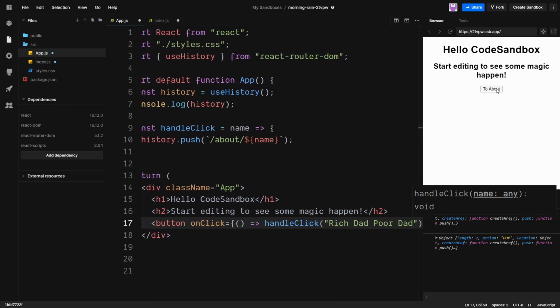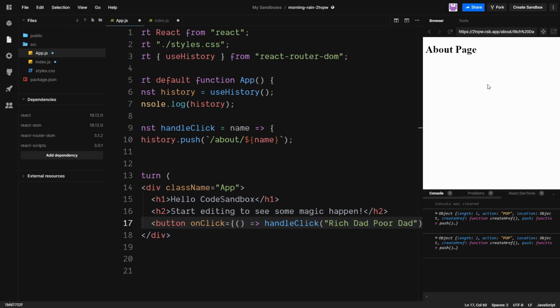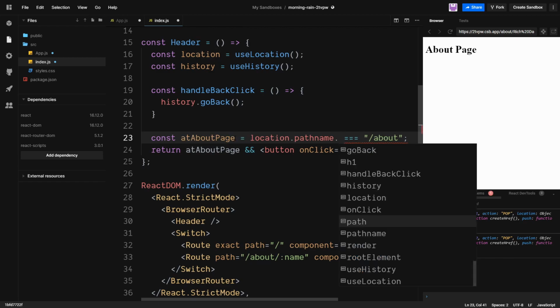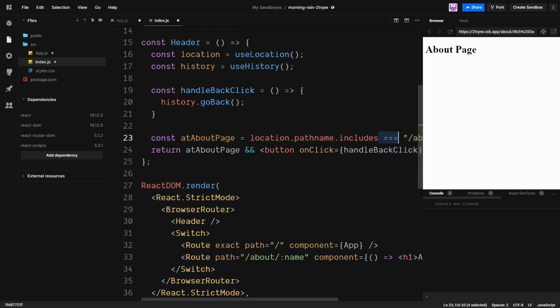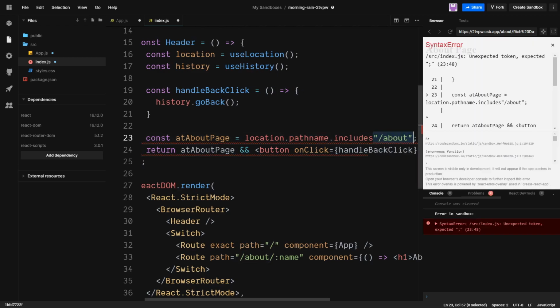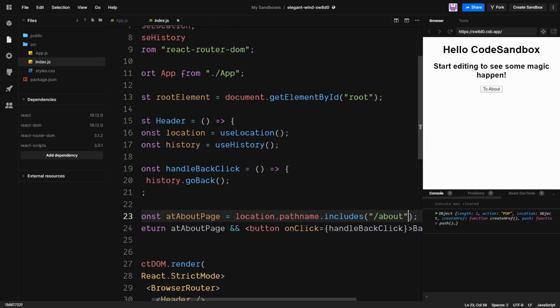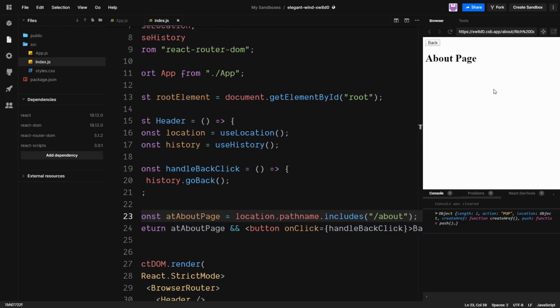We can see right away that affected our button to go back, because now the route is not just /about. We can fix that by going back to the header and changing the about page definition to be location.pathname.includes about. And we have our button back. So now what? We click the About page and we see that the URL includes the Rich Dad Poor Dad name. Let's clean up a little by creating a new file